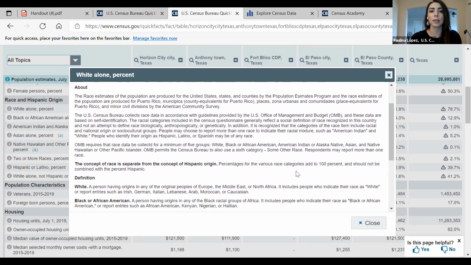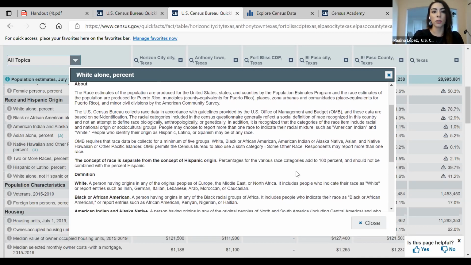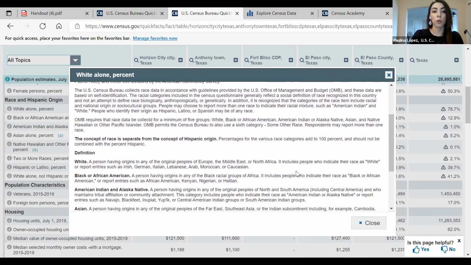But the U.S. Census Bureau collects this race data based on a minimum of 5 categories. So that's white, Black or African American, American Indian or Alaska Native, Asian, Native Hawaiian or Pacific Islander. And also the OMB allows the Census Bureau to collect information using a 6th category of some other race. So there are, again, 6 categories for race. And for Hispanic origin, it's